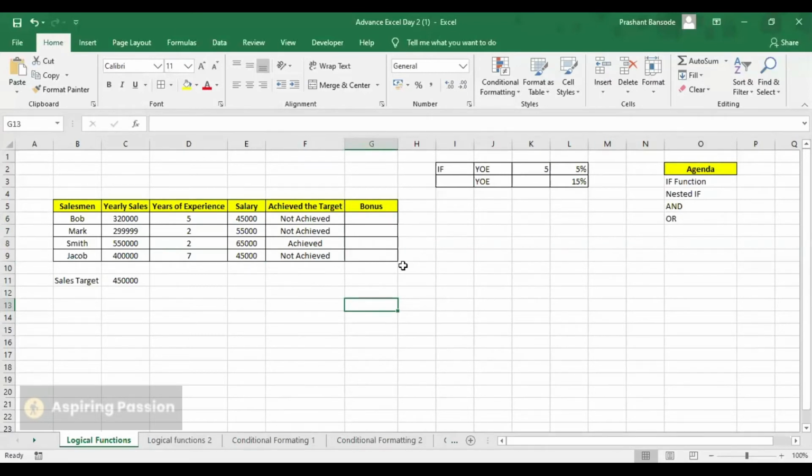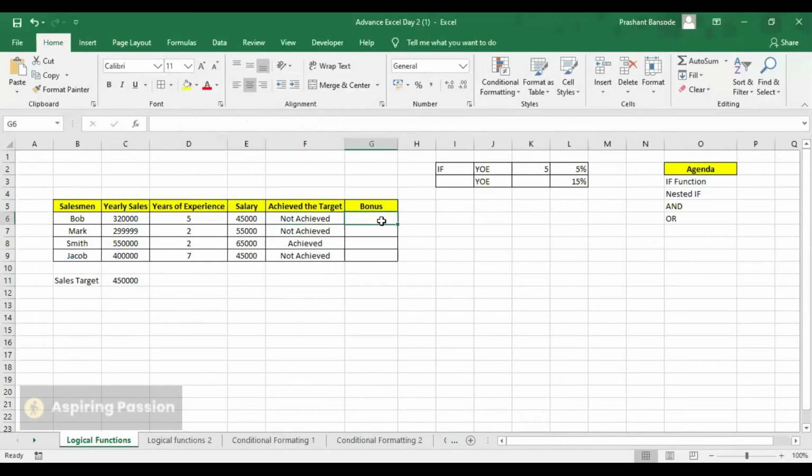Like for example, as I told you earlier, my basic objective is that I want to compare these sales representatives' achievement in any financial year with the set sales target, which is constant. The first step was to derive the result whether they have achieved or not achieved.